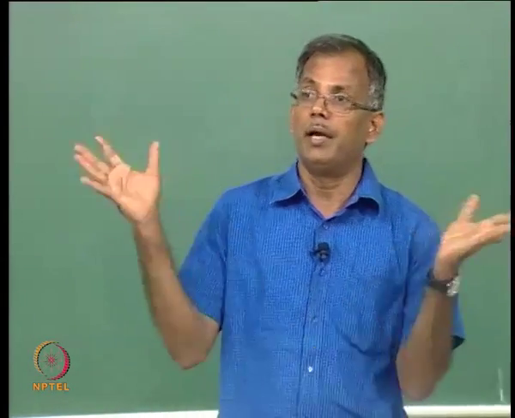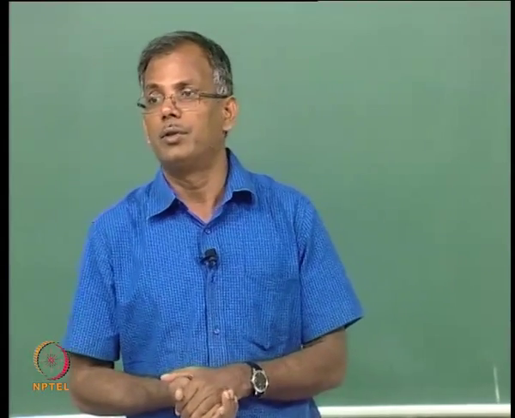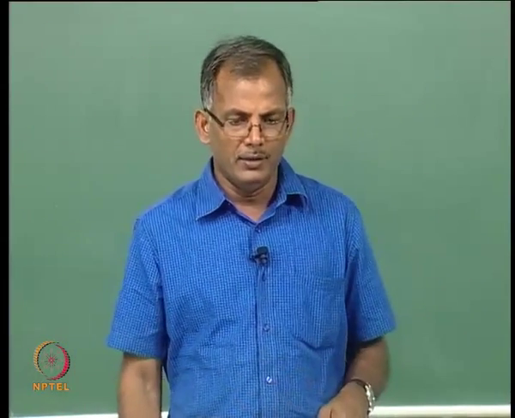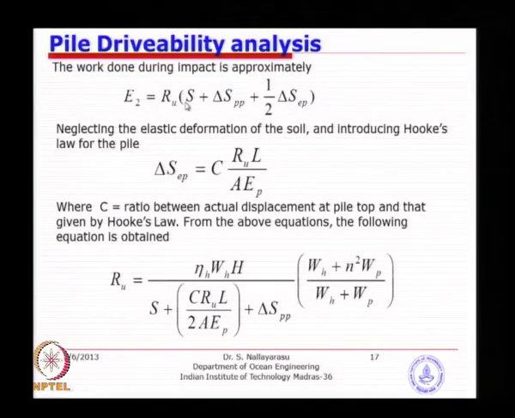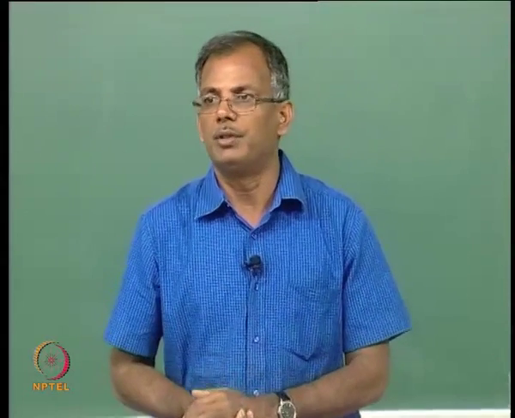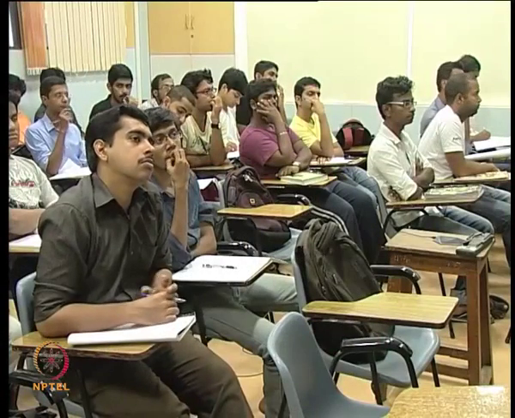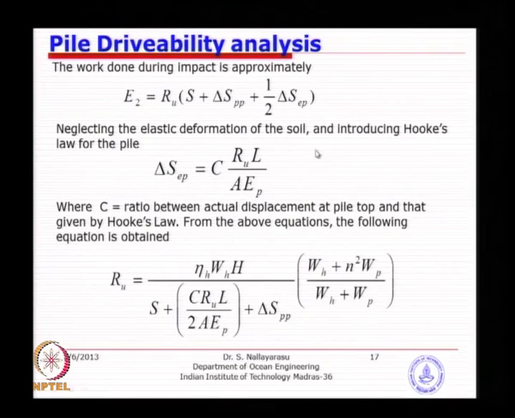We do not want to put in a bigger hammer which will make the pile compress plastically, and then the final soil settlement or the pile tip settlement, and Ru is the resistance given by the soil in total. It could be skin friction or skin friction plus end bearing, neglecting the elastic deformation of the soil, which is going to be very small, and basically you can rewrite this equation like this.